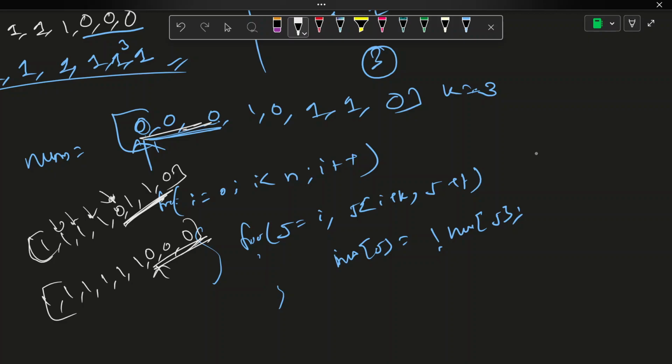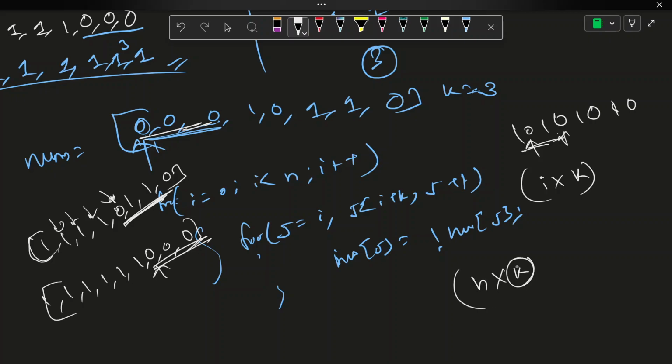So for each index, if it is all mismatched, like 1, 0, 1, 0, 1, 0, 1, 0, then what will happen? I have to flip at every index, every alternate index, or every index. So for each index I will traverse the array k times. So for n indices, I am calling a subarray of length k every time. So what is the time complexity of this? N into k,